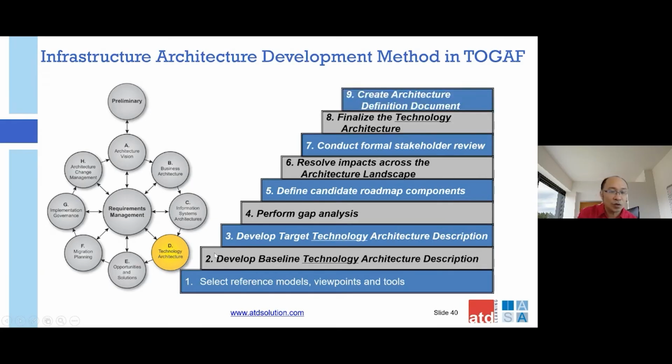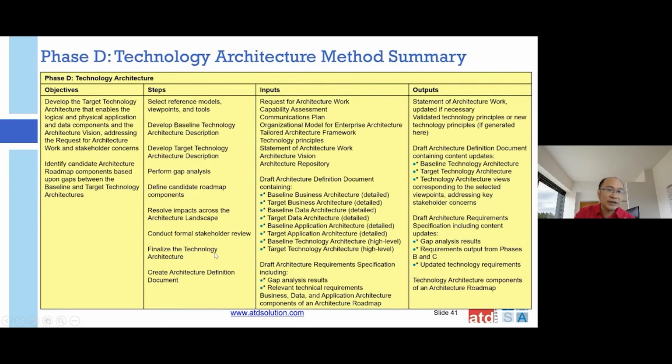In short, we call it ADD. So these are things that are very, very critical. For those of you who have taken TOGAF, this is just a refresher, just one or two slides. So in summary, in terms of the technology architecture itself, as prescribed by TOGAF, they have the objective. So what are the objectives? We are trying to develop the target architecture. Then they have the steps involved, just now the 9 steps that I described earlier. Then some of the inputs required.